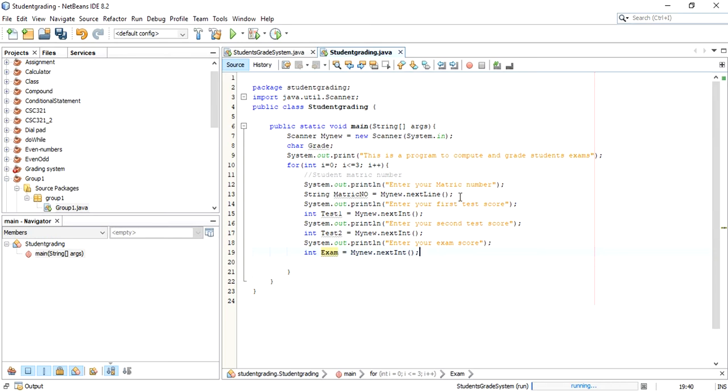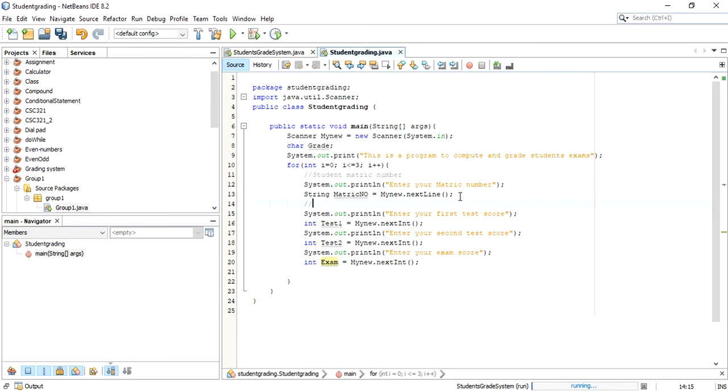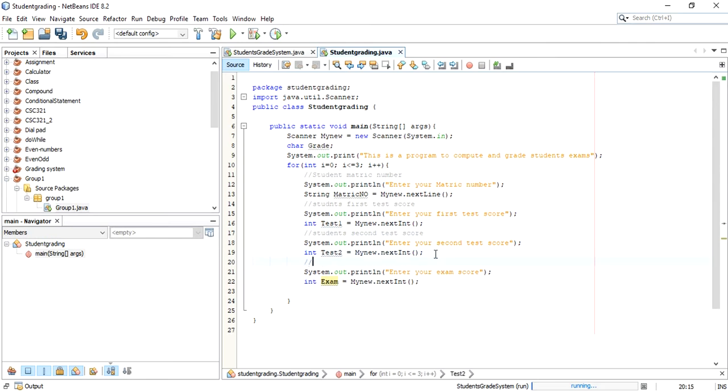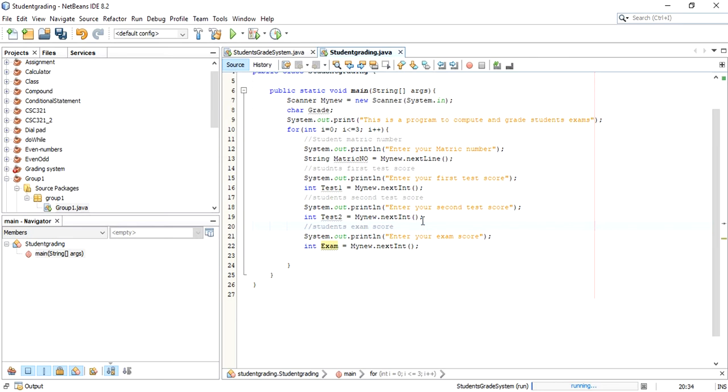Okay, let me put some comments. Students first test score, then this will be students second test score, then this will be students exam score. Now after collecting all this, we must first add everything together, that is first test plus second